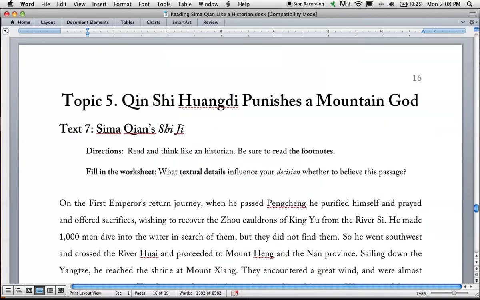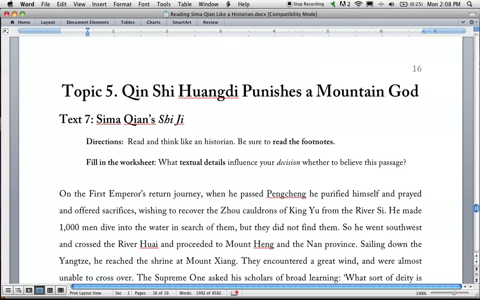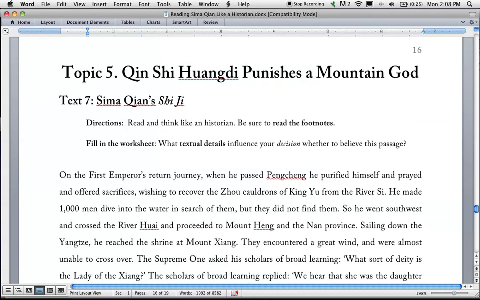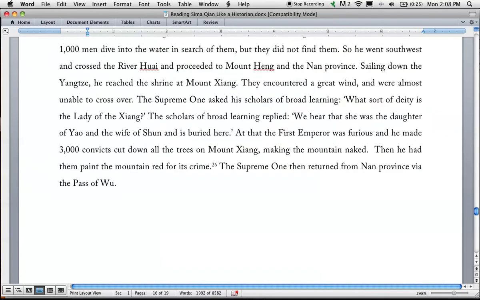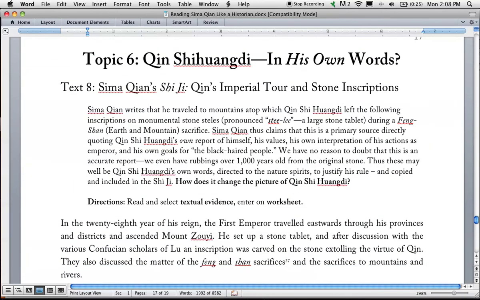The next topic, and all of these you're doing the same thing. Do I believe this? Do I not believe this? And why? Using the 4, the sourcing, contextualizing, corroborating, and close reading. Qin Shi Huangdi punishes a mountain god. Bring that mountain god over here. I'm going to punish him. Notice that's just 1 paragraph. And then finally,